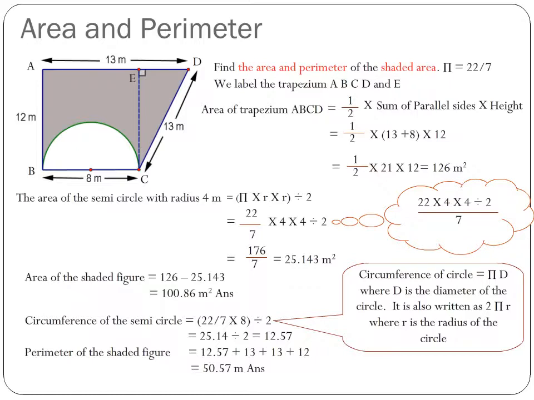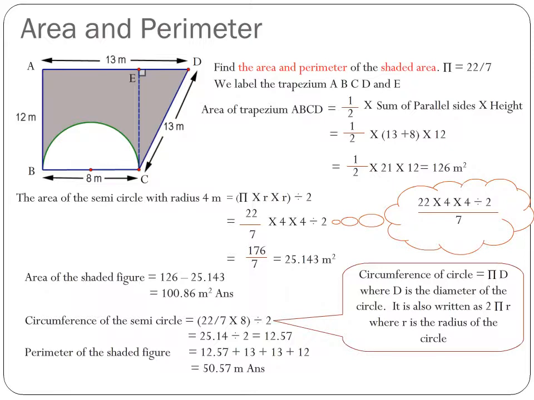Now we've got to find the circumference of that semicircle with the diameter BC. The reason is because we need to find the perimeter. So the perimeter is that length all around the shaded figure. So it will include the line AB, AD, DC, but we cannot include BC, because BC is a line that is not bordering the shaded region. What we want to find is that circumference, that green arc, that half circle, the circumference of that half circle,